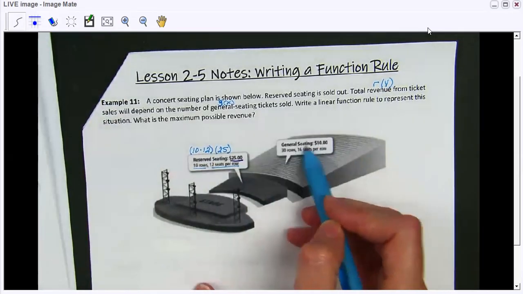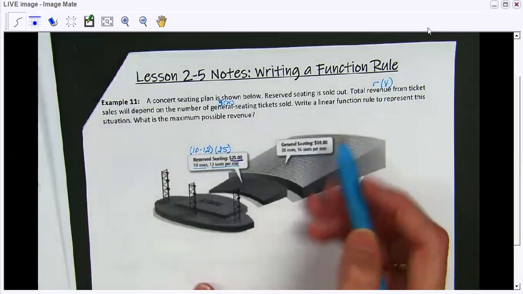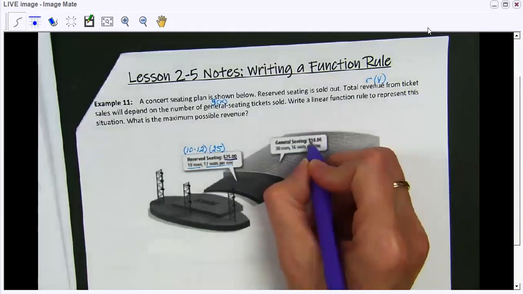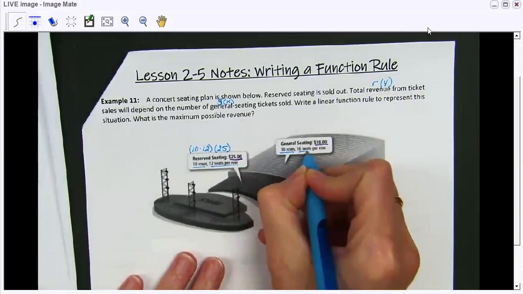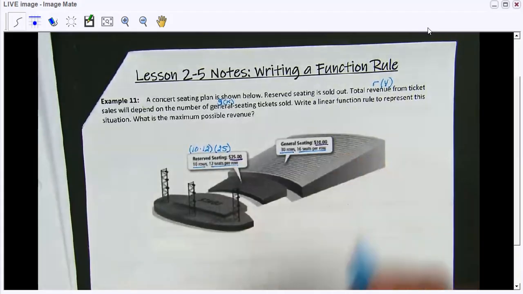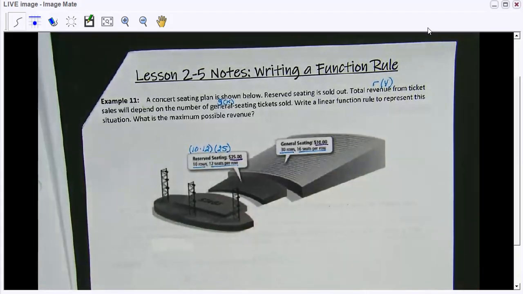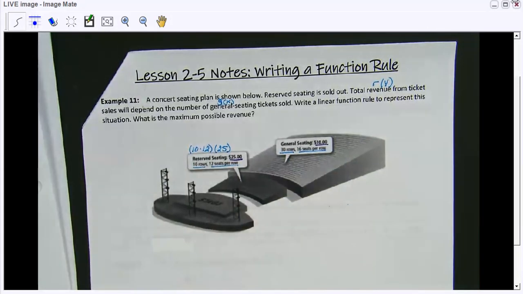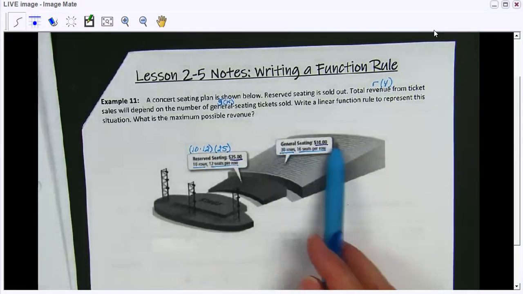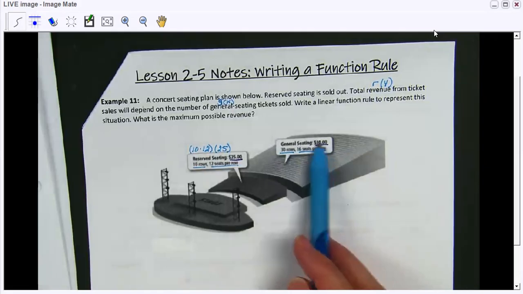Then you have general seating, which is $10. So each of these seats costs $10, and you have 30 rows times 16 seats per row. Okay, sorry about that. So the thing is, we can figure out how much they can make in general seating,